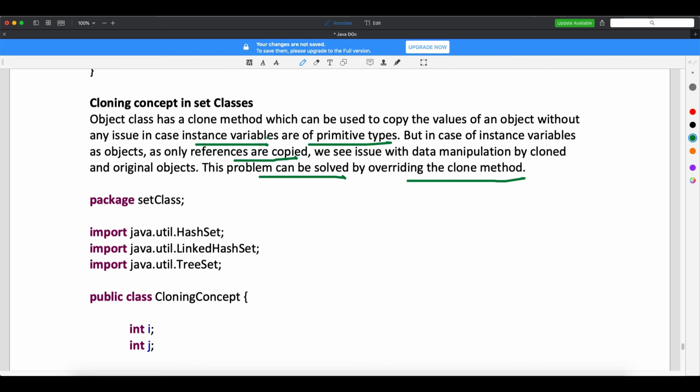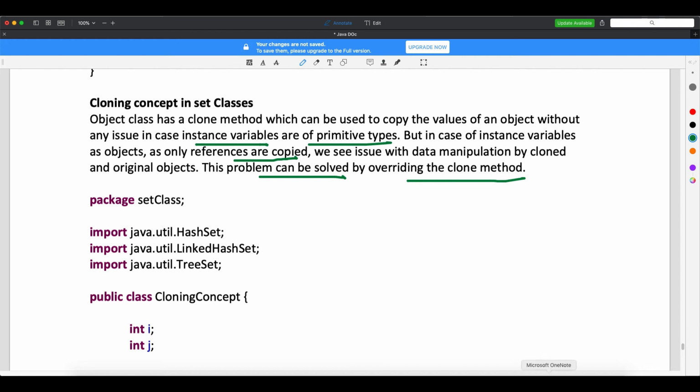Whenever we store instance variable data in the HashSet and perform a clone, the value of the object gets copied, and when you then change data, one object will not change the other's data. But in the case of references, when we perform this cloning, the data manipulations will happen, which we will see.